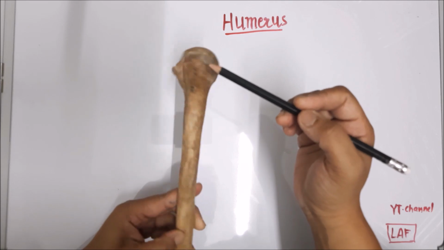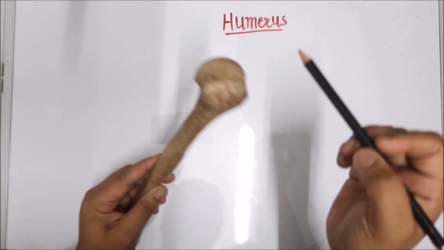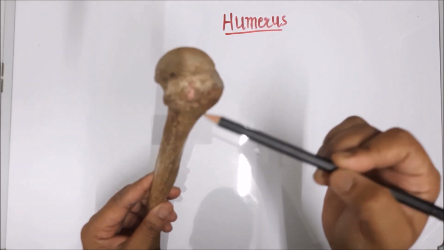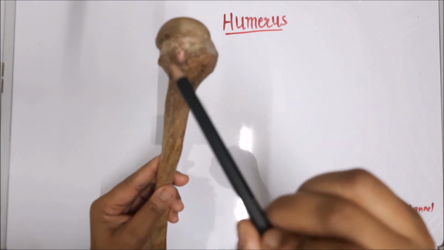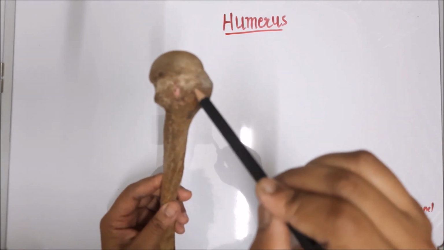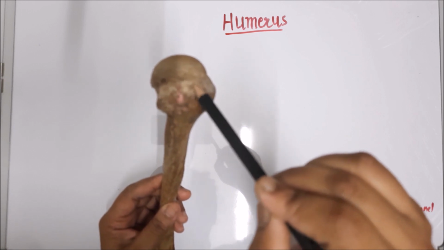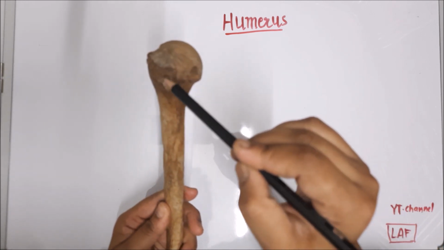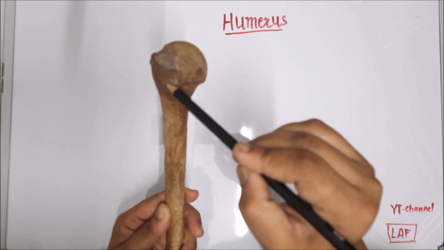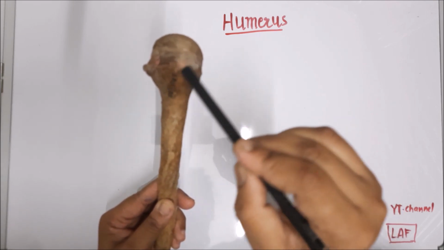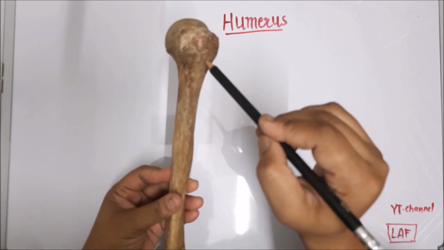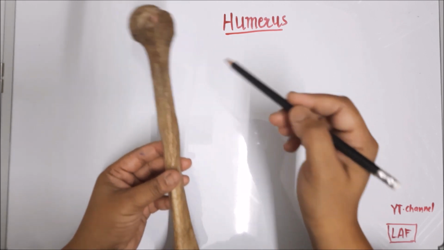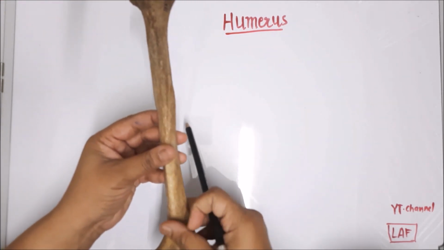Now here at the greater tubercle there are three impressions. This one is the upper impression, this one is the middle impression, and this one is the inferior impression. So three impressions are there on the greater tubercle. Next, move towards the lower end. So in the lower end